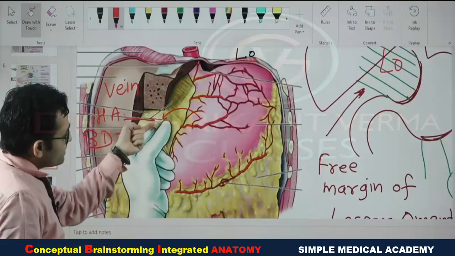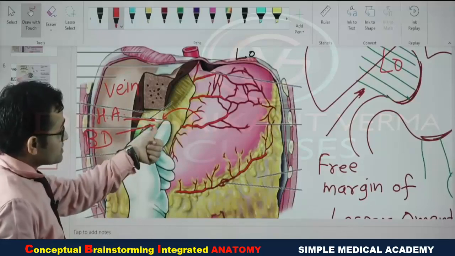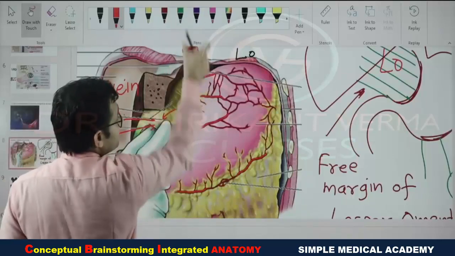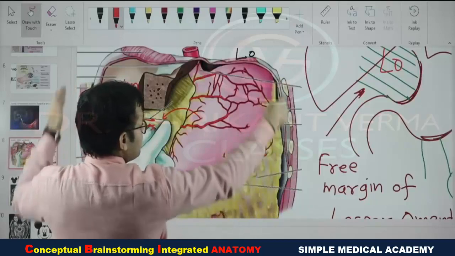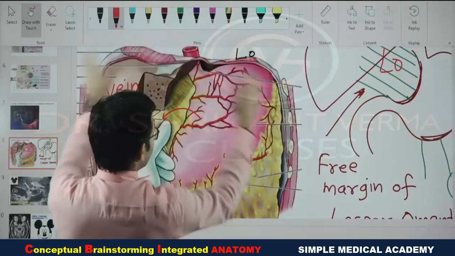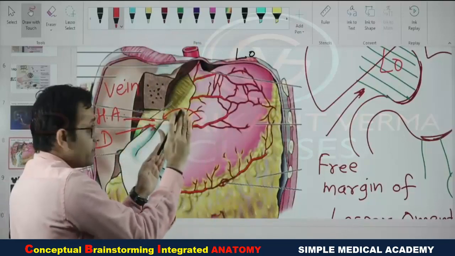Now your index finger is going behind the stomach, while your thumb is in front of the stomach. Can you see? Here will be the sternum and these are the cut ribs. So these ribs are attached to the sternum. Just to see, here will be the anterior abdominal wall, and this is the stomach.